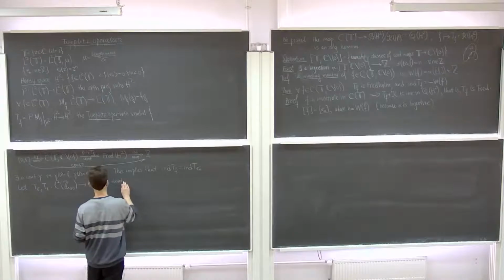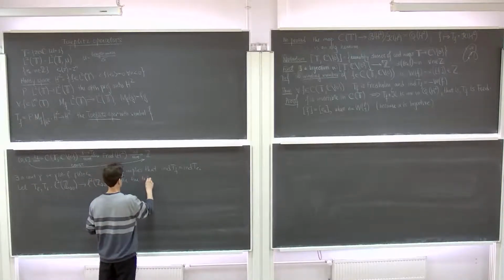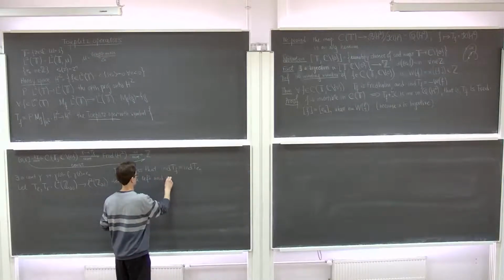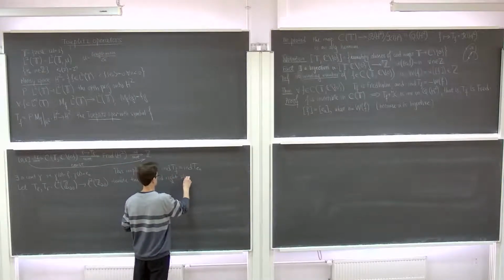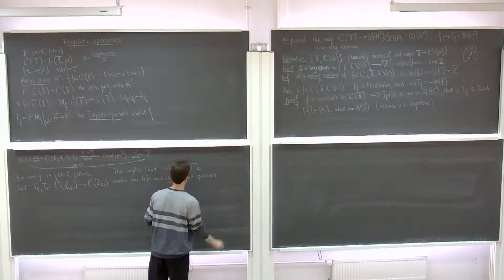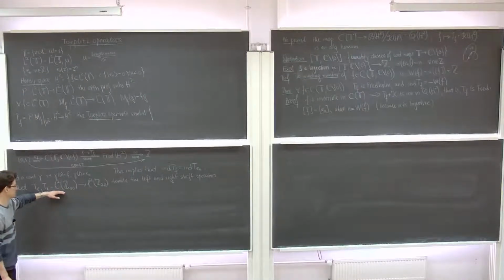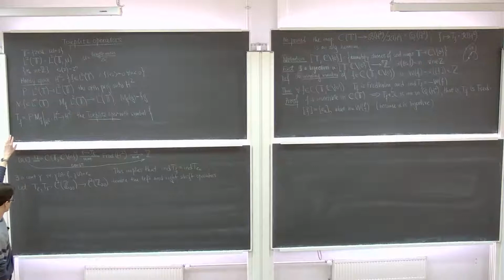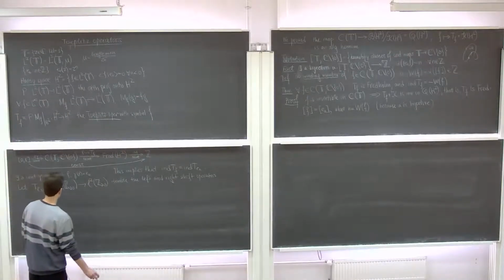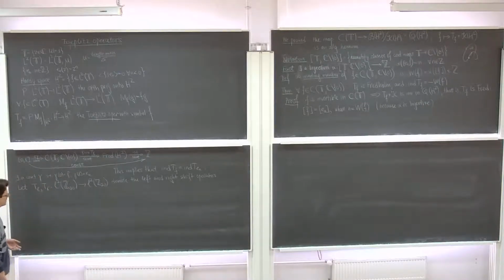So let TL and TR denote the left and right shift operators. We have an obvious unitary isomorphism between this space and the Hardy space, which corresponds to the trigonometric basis. If we identify this with the Hardy space, and if we look at the definition of the Toeplitz operator, we easily see that